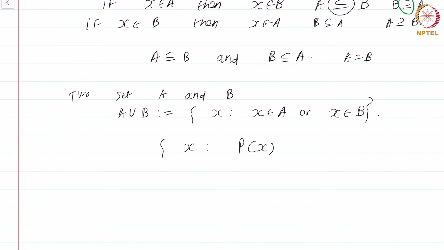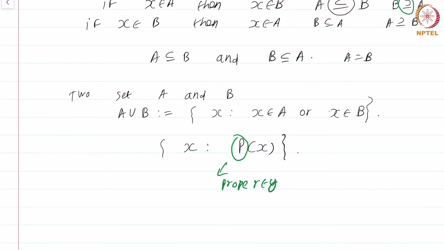Instead, most scenarios will require using properties to define sets. In a future module on logic, we will talk about properties, but basically we will write a set as x such that some property is true of x. Now the question arises, to what set does this property apply to? The property P is always defined on some set. Members of that set could either have that property or not have it. So in essence, what we are doing is we are selecting a subset of some set on which the property is defined. We are selecting those members that satisfy the property and putting that as a subset.